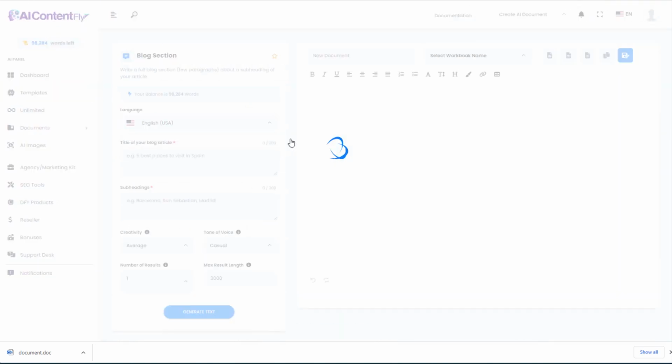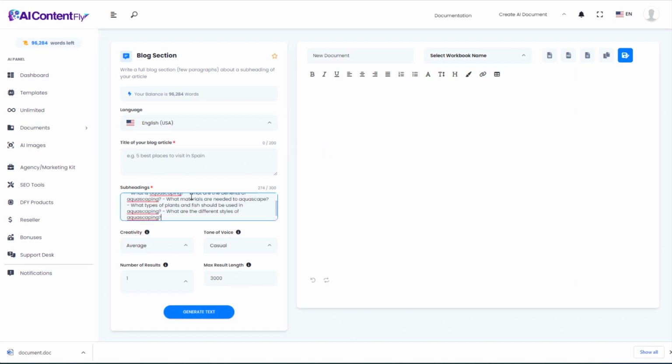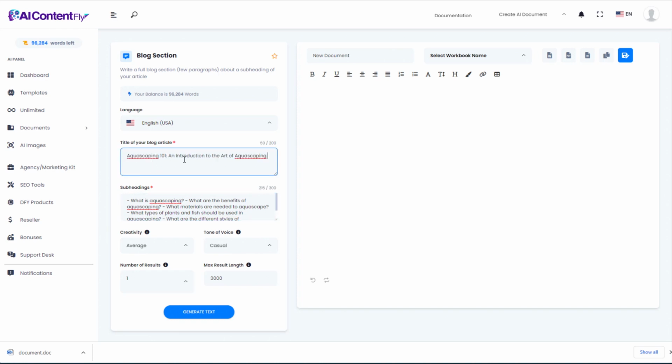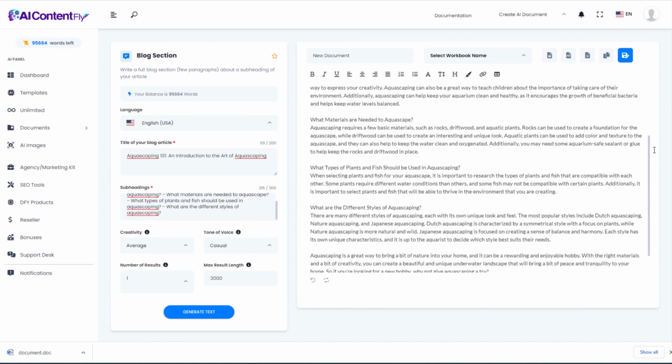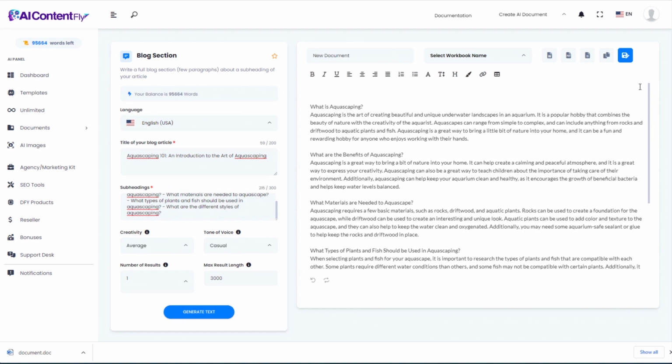So now we'll create a blog section, and I'm going to paste that content that I just copied from that last one. So the title is going to be Aquascaping 101, an introduction to the art of aquascaping. And then the subheadings were also copied directly from that previous template result. Again, we'll just leave it at average casual voice for now and generate the text. And as you can see, it turned it into a perfectly written blog post, which we could then copy and